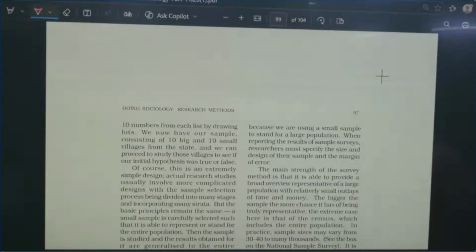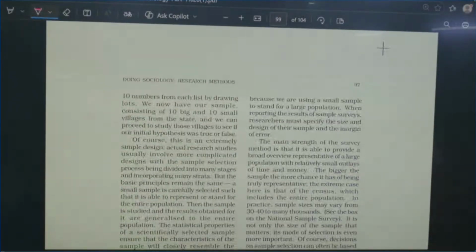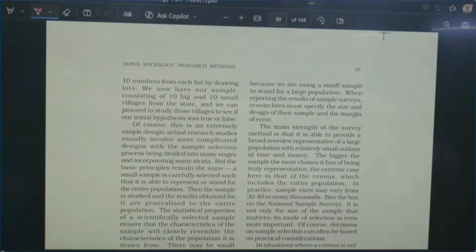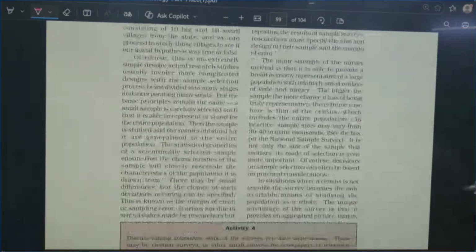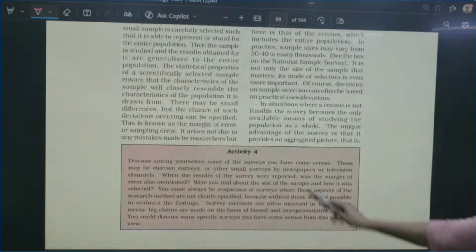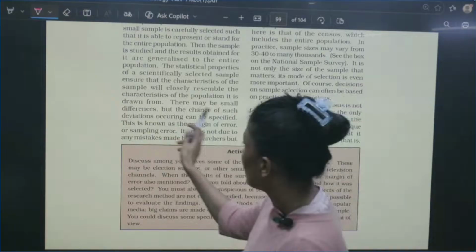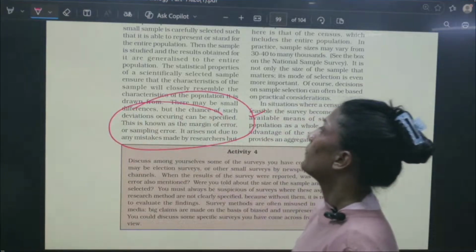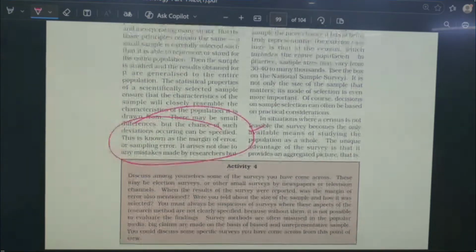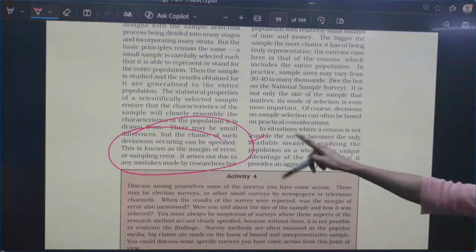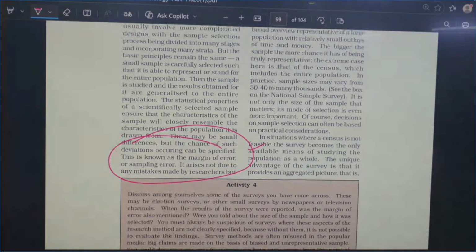I am not going to explain to everyone individually. You people have to see and read it yourselves. Sampling, what is sampling, how we are conducting it. And definitely when you have to read at an advanced level, yes, write down sampling error. So how can you get a question on sampling errors? It has not come yet, but it can.